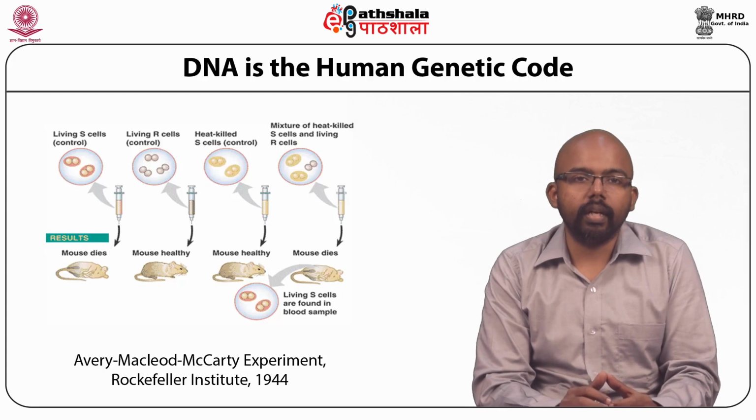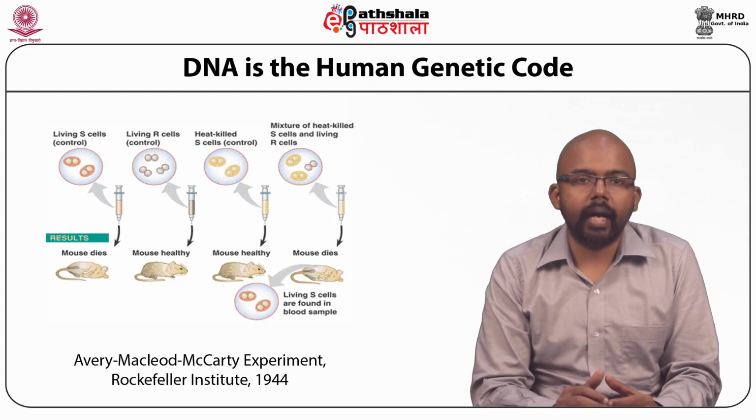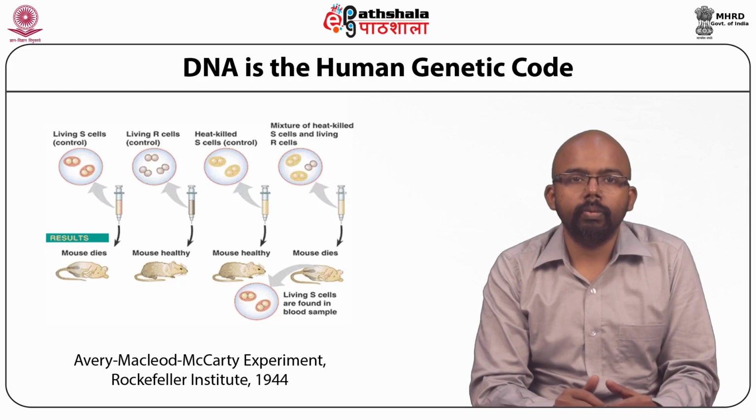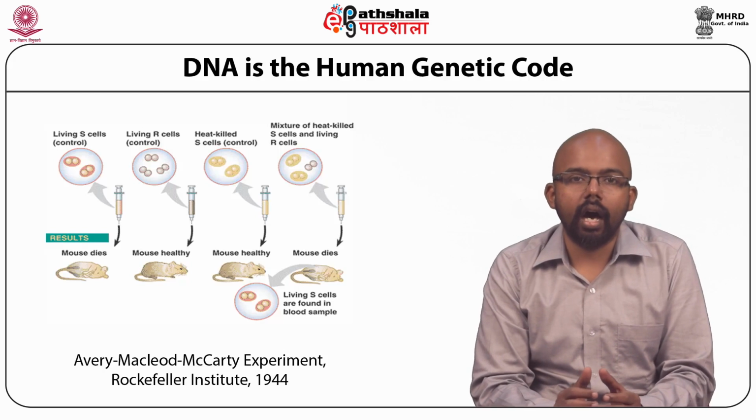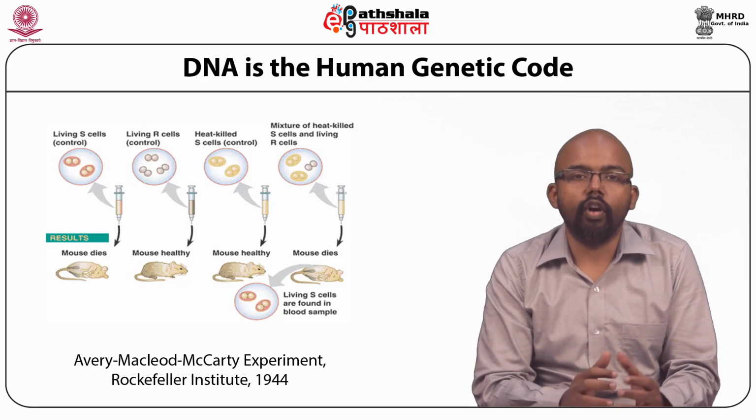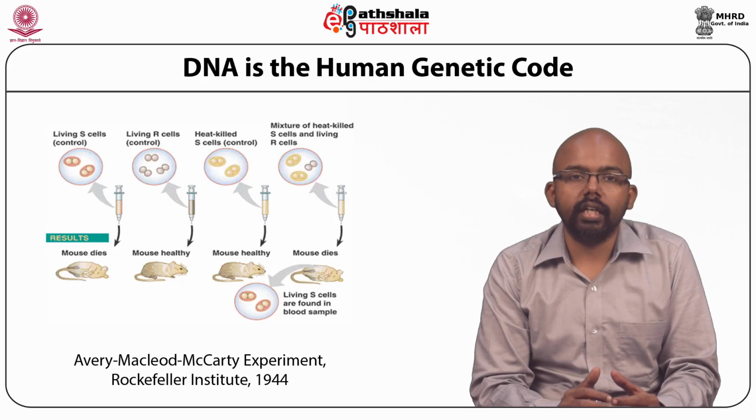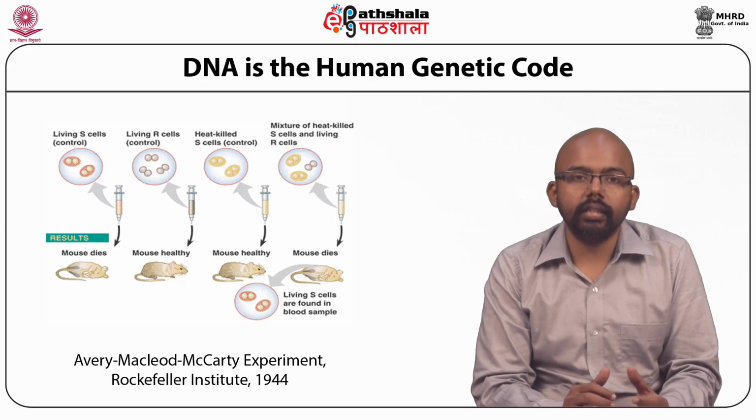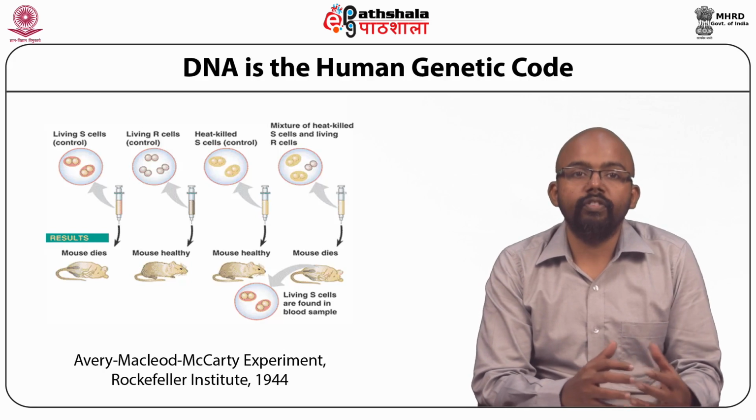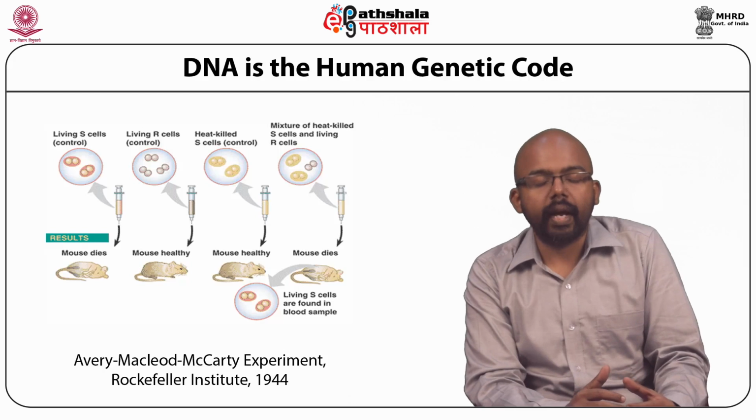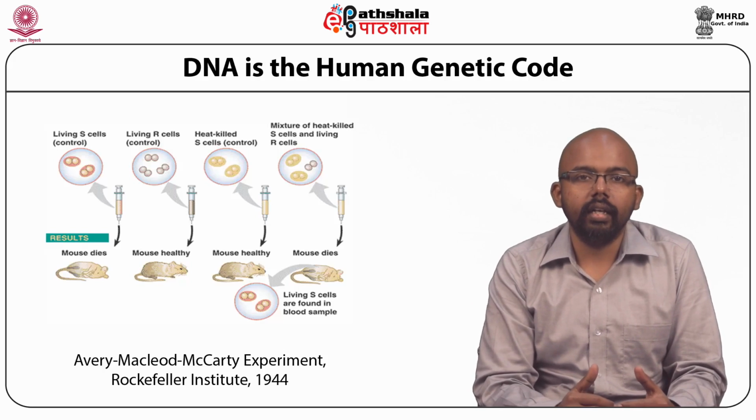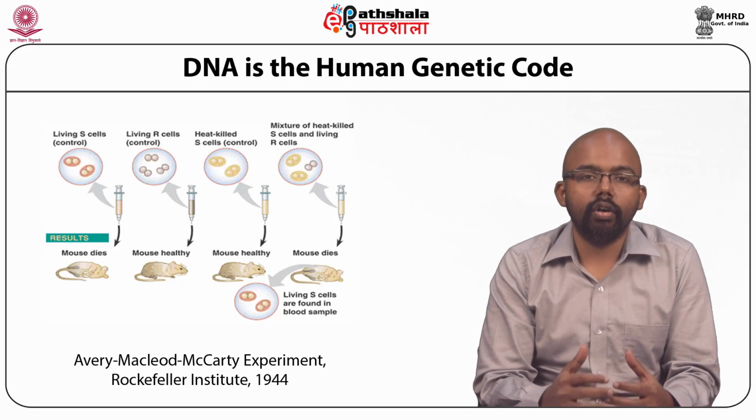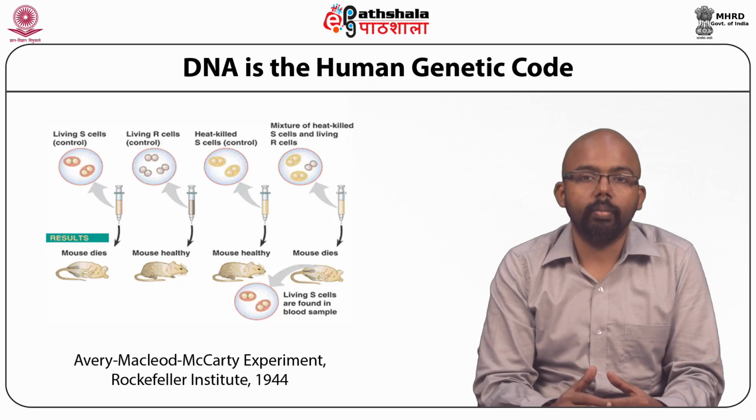At that point of time in 1944, two types of streptococcus bacteria were known. One of them we name the S type and the other the R type. S and R refer to the type of colonies which they form in culture. These scientists already knew that the S cells are very virulent, so injection of the S type of bacteria into a mouse usually causes the death of the mouse. On the other hand, the R cells are not virulent,